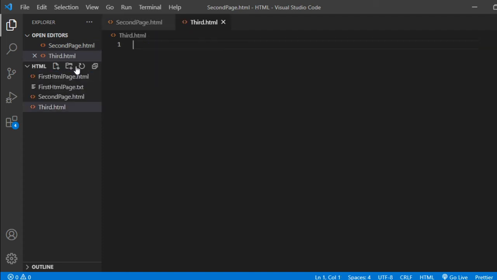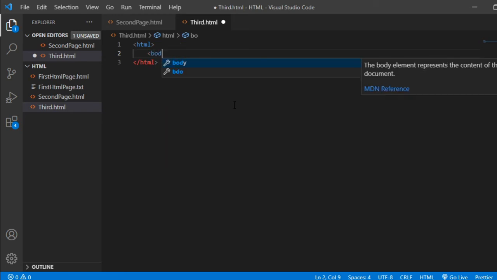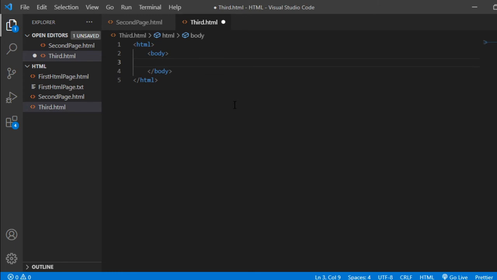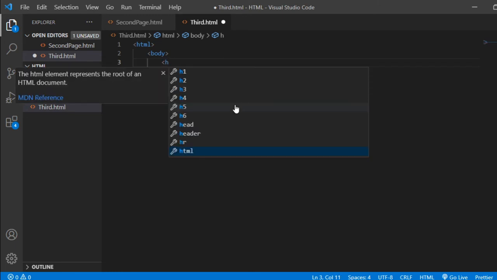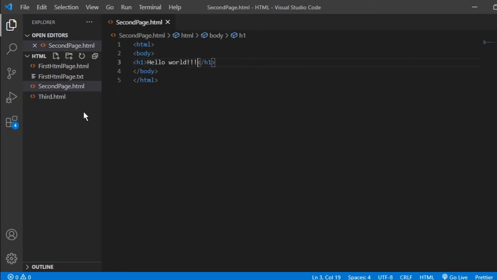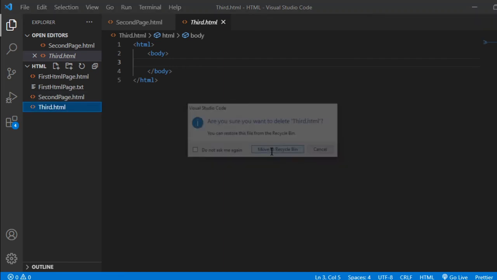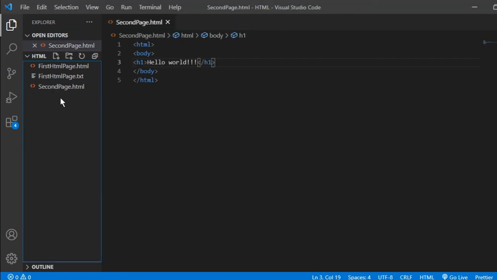And when we press enter and try to code, look, it offers auto completion. Like when I wrote just body, it gets auto completed. If I want a heading tag, we can see how many heading tags there are. Okay, we will see this afterward. We will delete it, move it to the recycle bin, and now